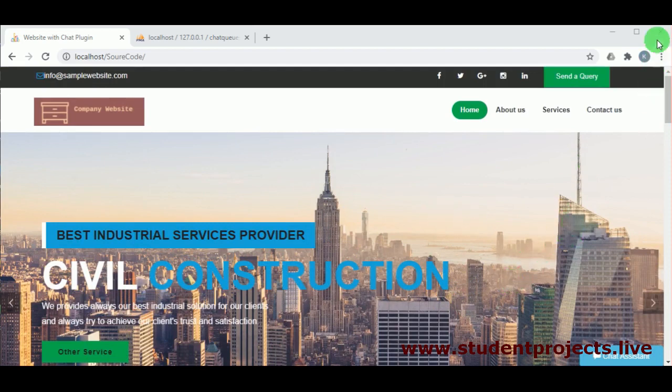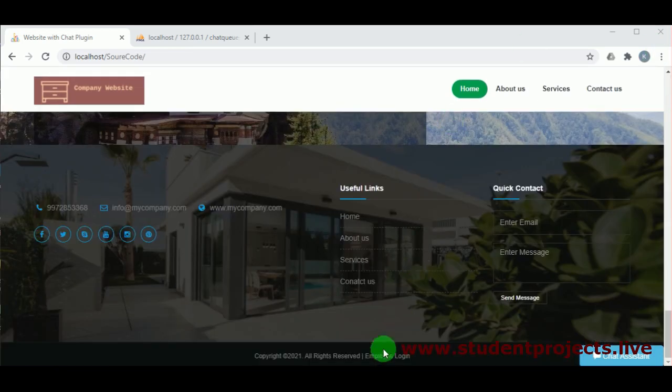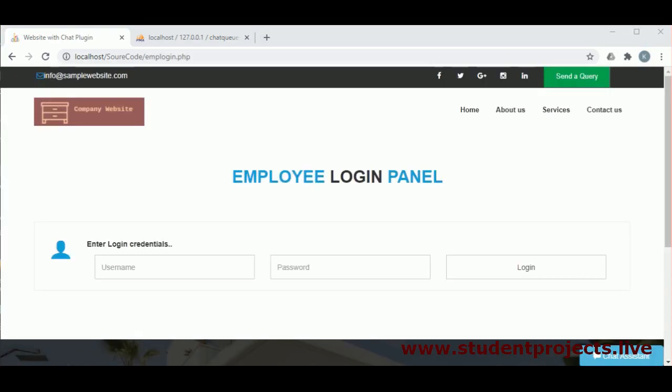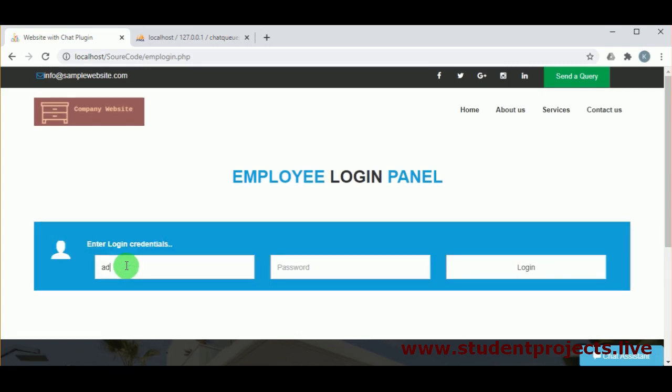So there is an admin, an employee, and a customer. Now let us log in as an admin. Under employee login, you can log in as admin. The username of the admin is admin and the password is admin.